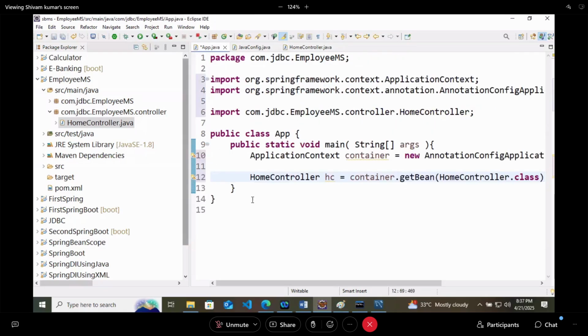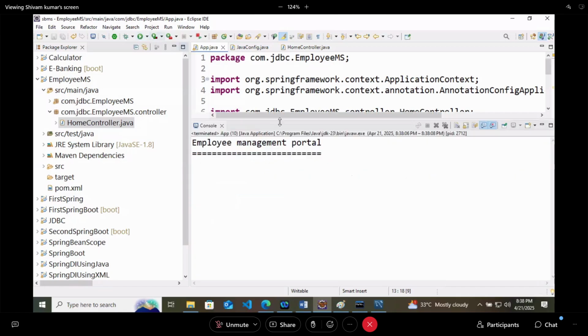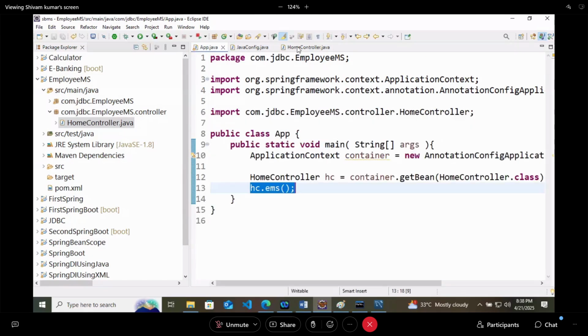In my main app, I will call this method, hc.emsMethod. Run it, and we got employee management portal, whatever you are writing there.